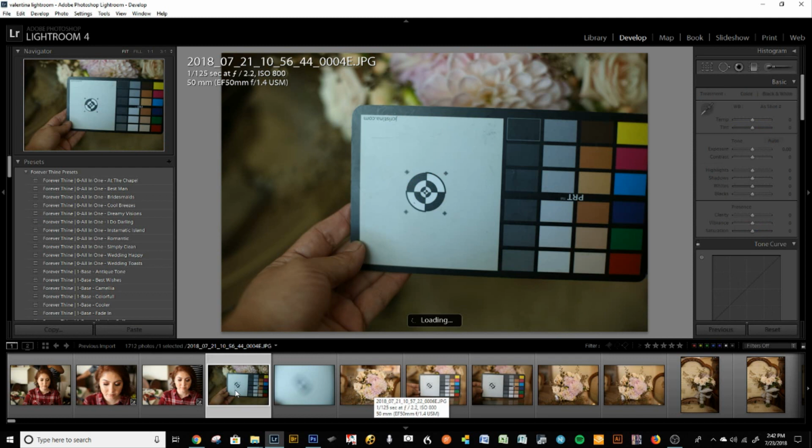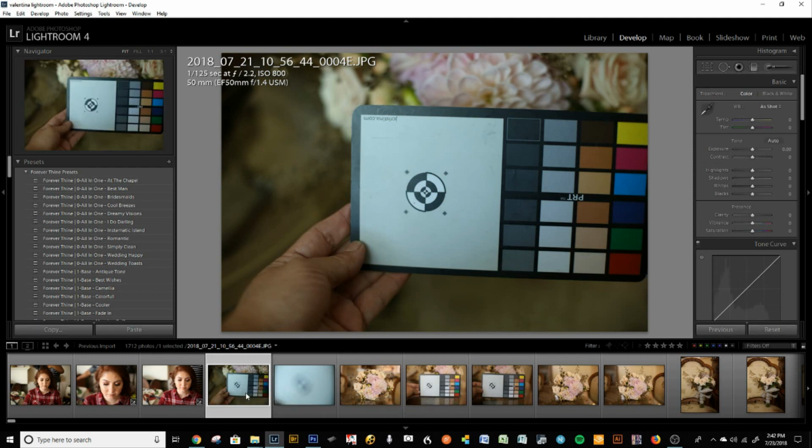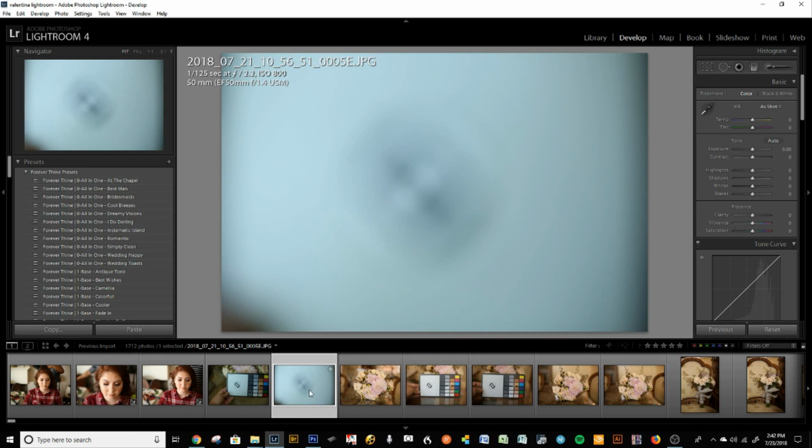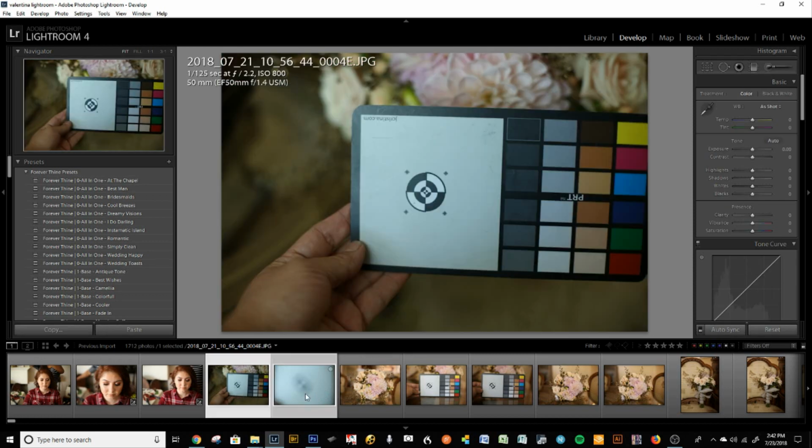So the first thing that you do is you want to take a photograph. Because this is a small card, it doesn't need to be in focus. The gray card needs to be as close as possible, even blurry, doesn't matter, to your whole sensor. So try to just get it up close to your camera and shoot this, and then go into your camera settings and go into custom white balance. And on the top where you have the little cloud and the little lightning bolt and the little fluorescent bulb, there's a setting for custom white balance, and it'll ask you, do you want this picture, which is your last photograph, to be setting the settings for your custom white balance? And you press yes. So now I can delete these two images,